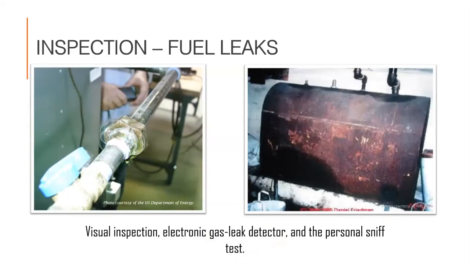We also check gas lines for fuel leaks. It's common to use an electronic gas sniffer or combustion gas detector to check for gas leaks at all accessible gas lines. Leaks that get detected by the device are then checked with a bubble solution, and even smaller fuzz leaks should be reported and fixed. What we see here in the picture on the left is definitely more than just a fuzz leak.